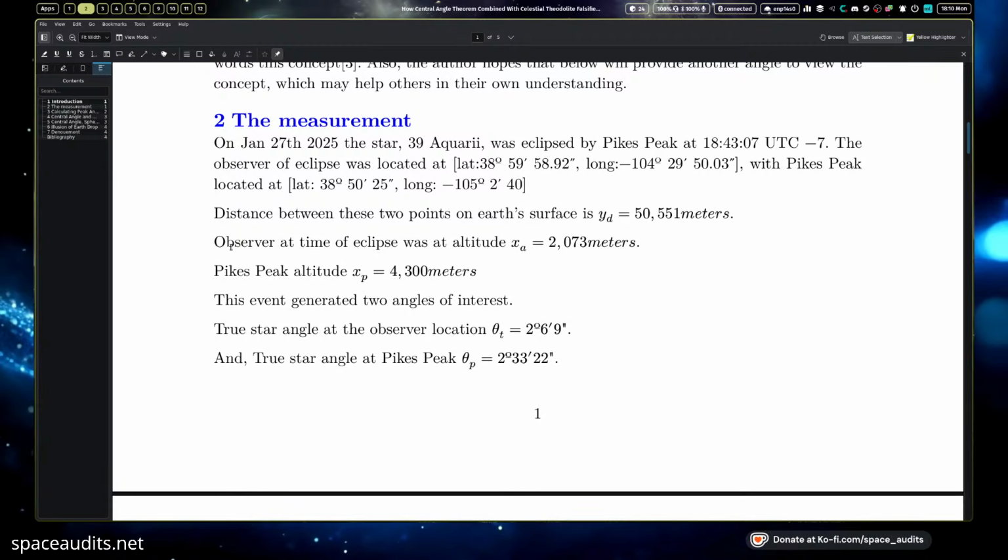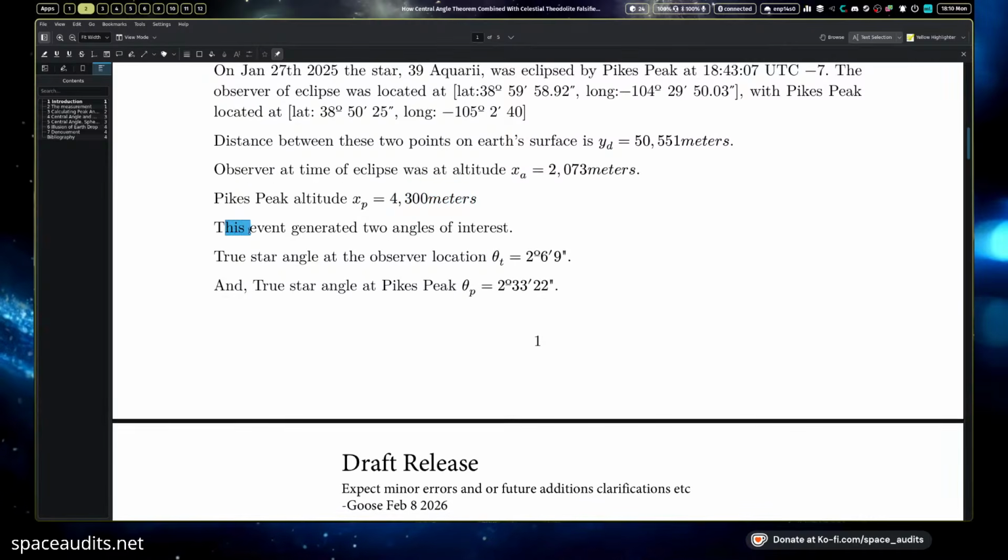Observer at the time of eclipse was at an altitude of XA. So this is observer altitude, XA. And the peak's altitude is noted by XP. And this generates two points of interest for angles. The star angle at the observer location, which is noted by theta t, is 2 degrees and 9 arc